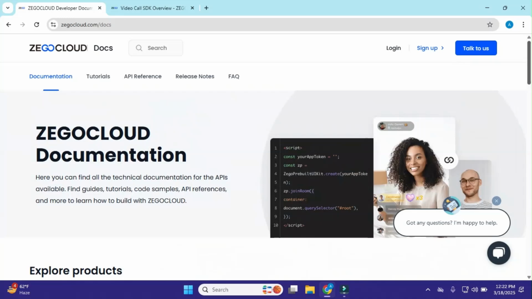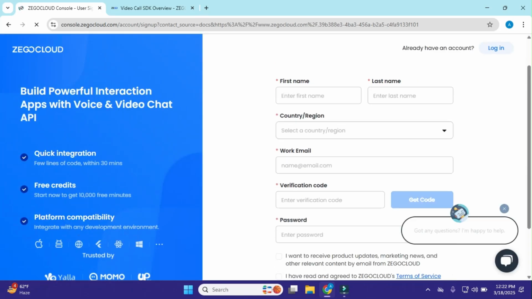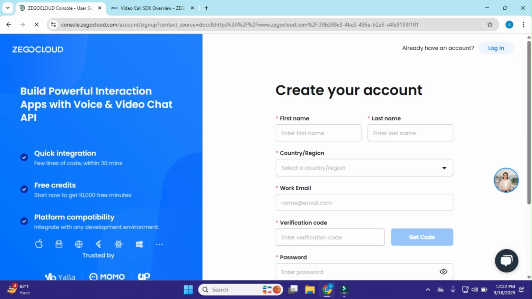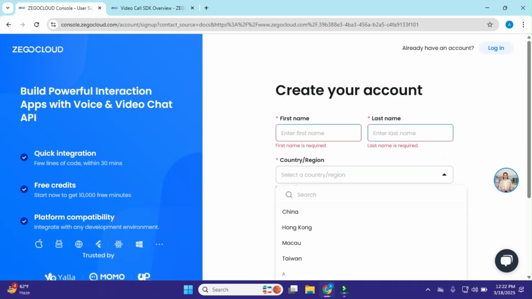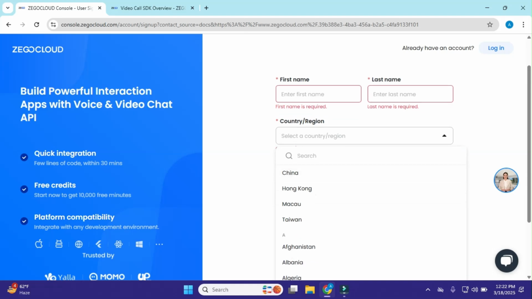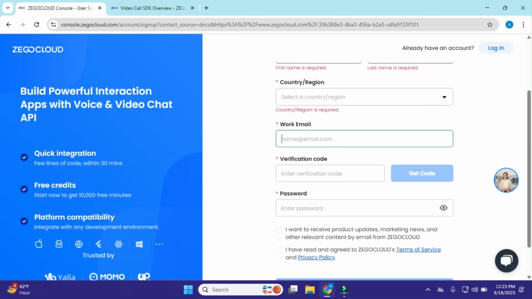Okay, so all you have to do is click on sign up. And here you can see you simply need to add your first name, last name, country, and region, the region you belong to. Okay, and your work email.